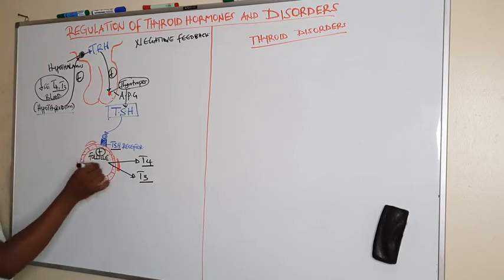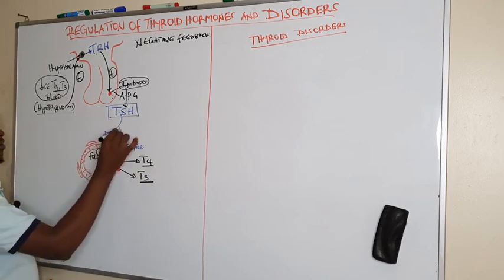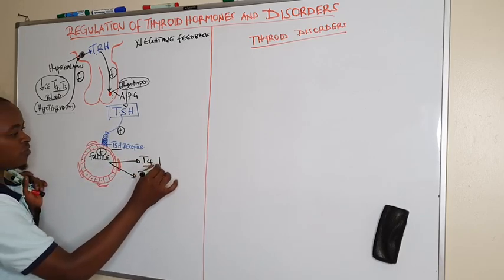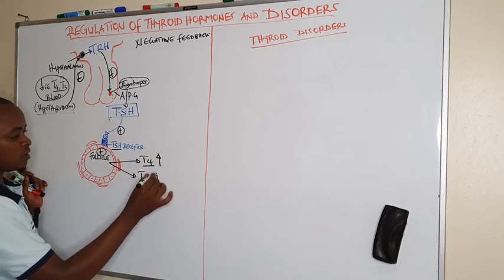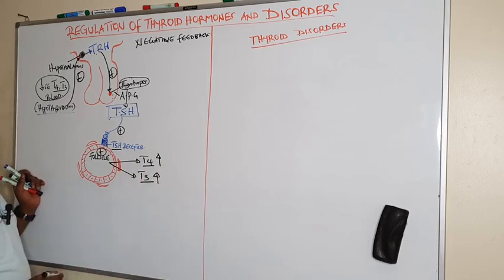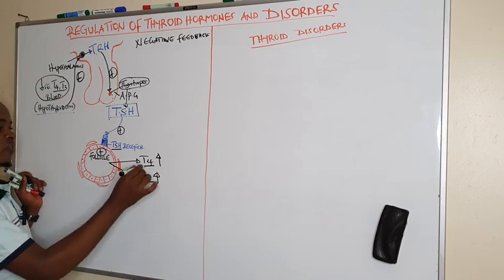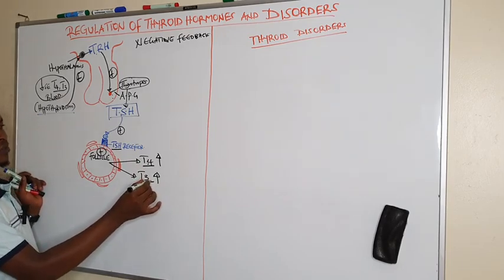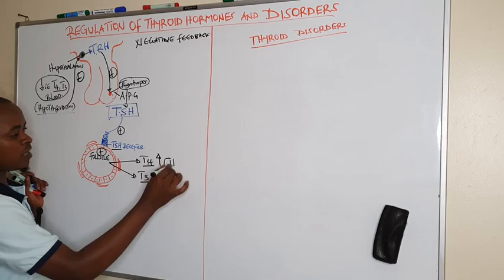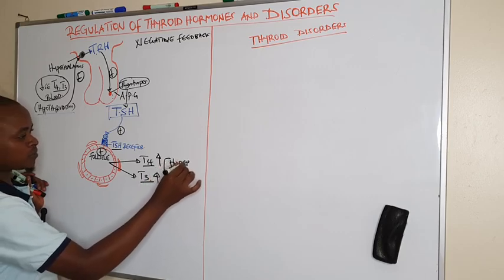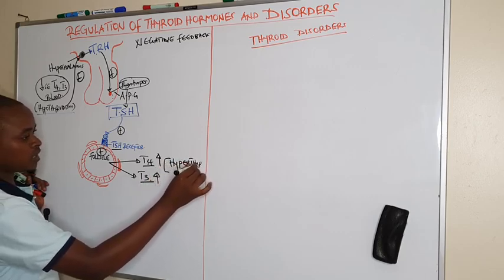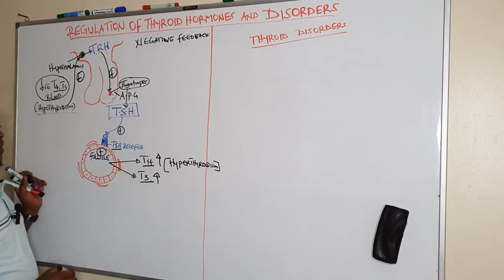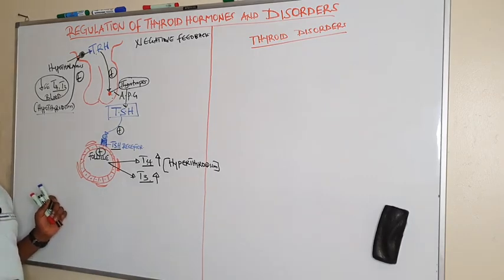And if it continues binding, it is going to reach a point whereby it causes levels of T4 and T3 to go high. When the levels of T3 and T4 increase, which we call hyperthyroidism, that is increased levels of T3 and T4,